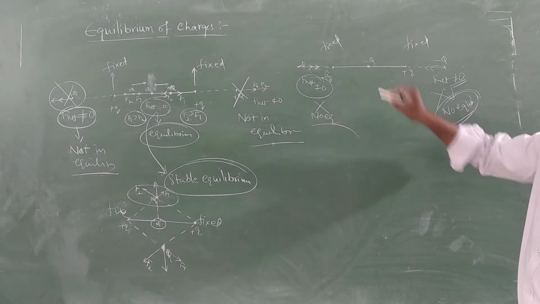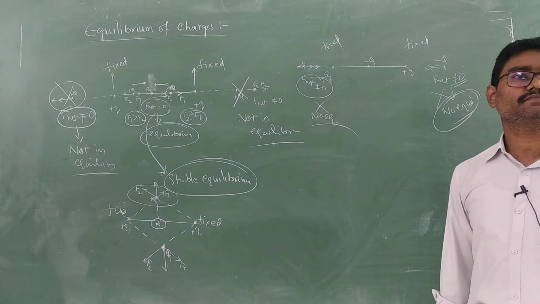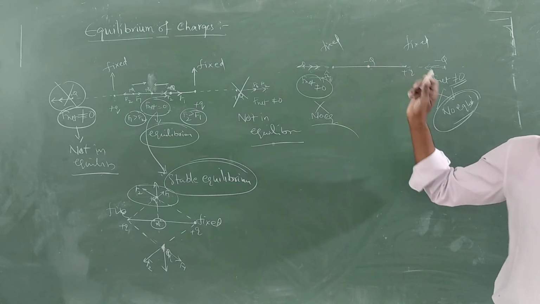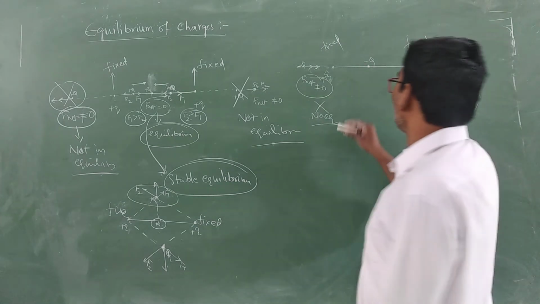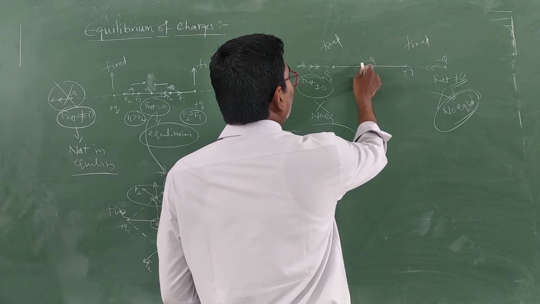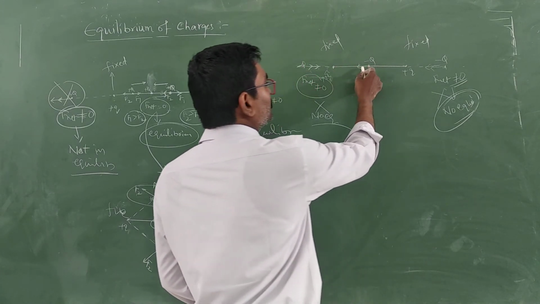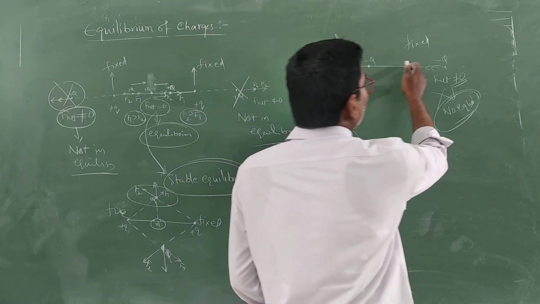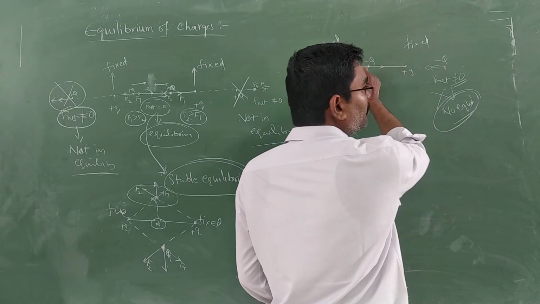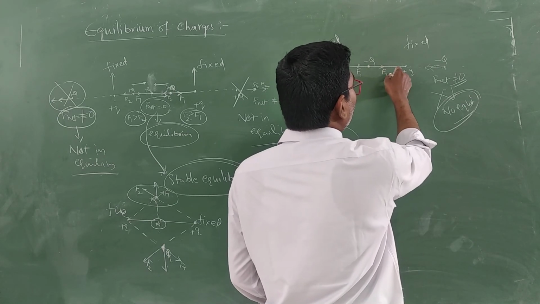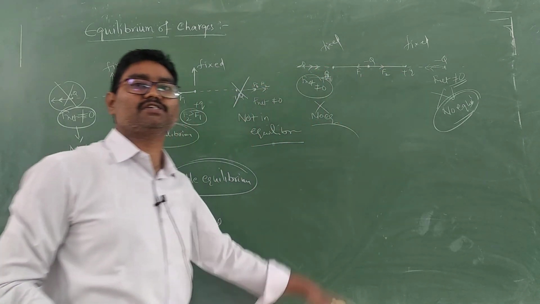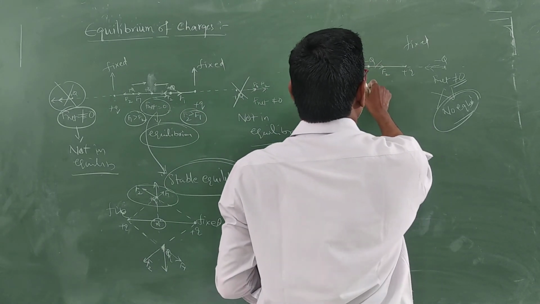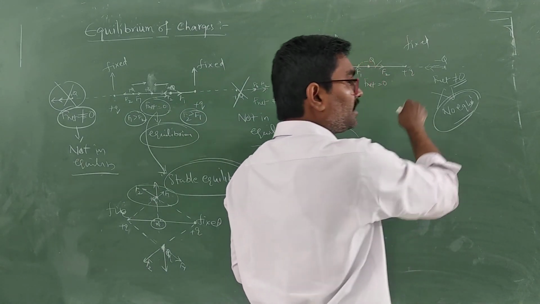Now, in between the charges I am taking minus Q, exactly at half of the separation, suppose. This plus Q pulls it towards itself. Minus Q will be pulled towards the plus Q. Then what about the other one? It will also pull in the opposite direction. F1 and F2 are equal in magnitude and opposite in direction at the center. Then what is the net force? 0. Net force is 0 at the center.